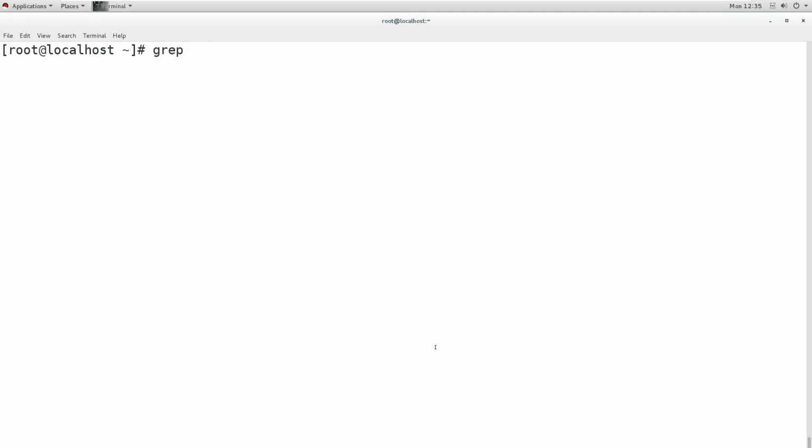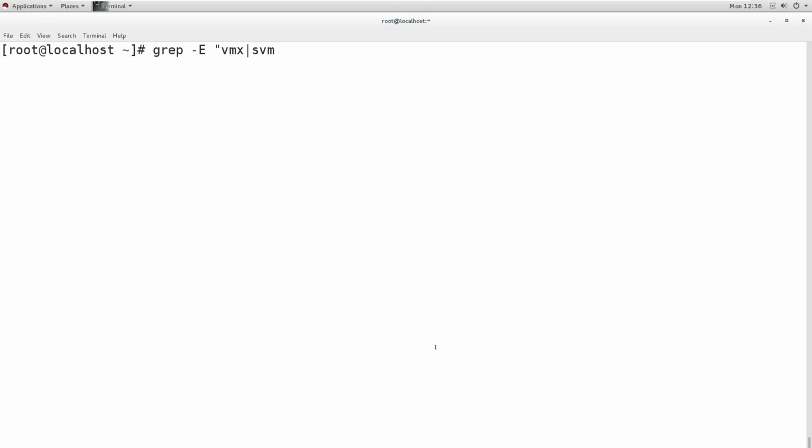We can use grep, then we can go for E. Now E means I want to do multiple search. Like I want to check this one, VMX, pipe, and also I want to check SVM.